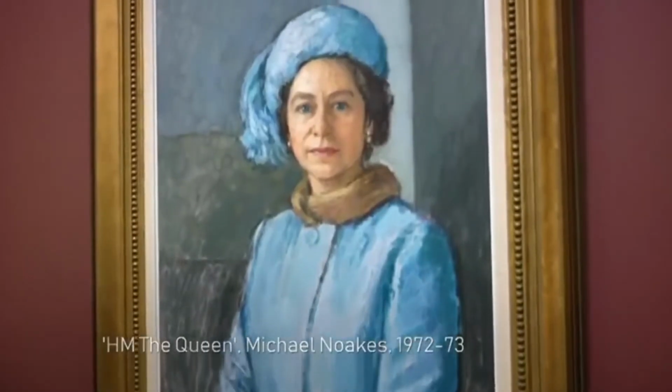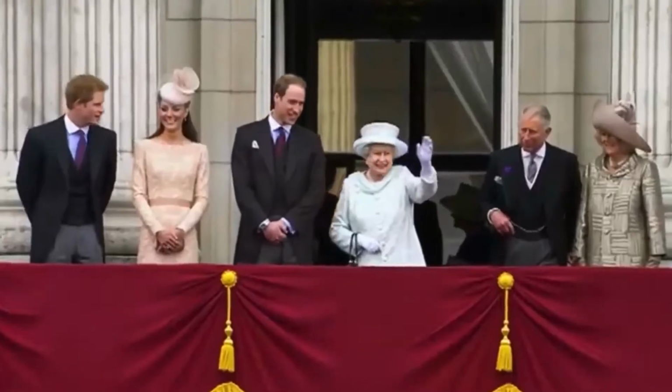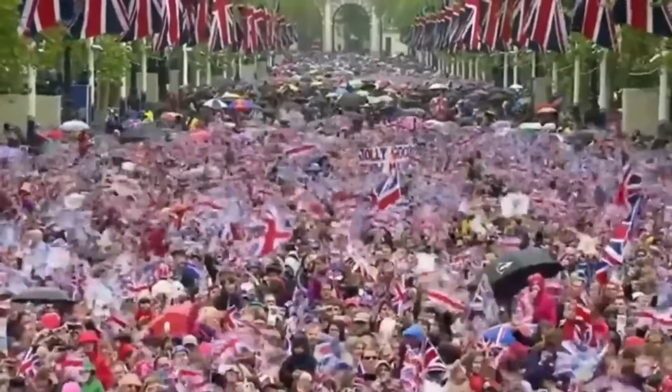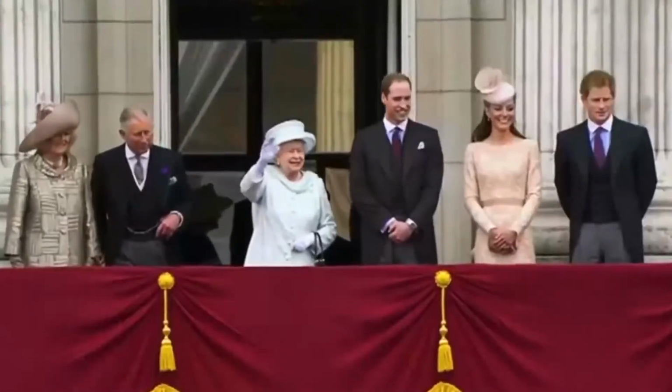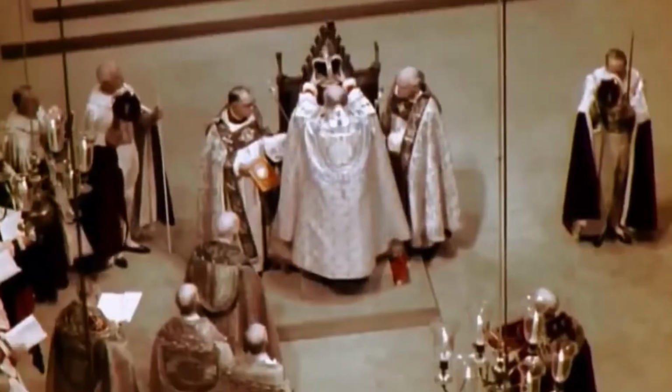But very often, the occasion for a portrait, whether painted or photographic, has been some memorable occasion. Right through from the coronation through to the Queen's 80th birthday to the great Jubilees. By sitting for a portrait, the Queen is making herself accessible to the public. So I think it is another way of the monarch. Elizabeth, your undoubted Queen. One of the most iconic of these images captures her on the day of her coronation